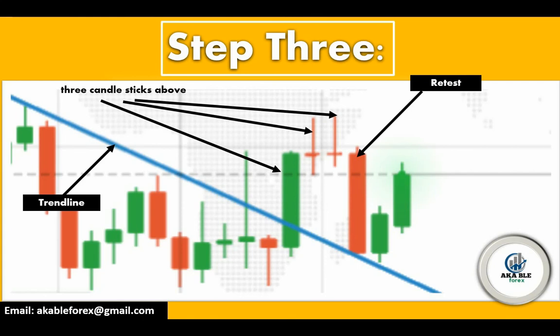For example, if the buyers break the trend line, the sellers will, after the retest, try to push the market down to see whether the trend is strong. Now, if the trend line, the resistance line, is not strong, it will break again and continue downward. But if the buyers are strong, they'll push the market up again from that trend line. That is why it's called a retest. So you need to wait for the retest before taking any actions, please.